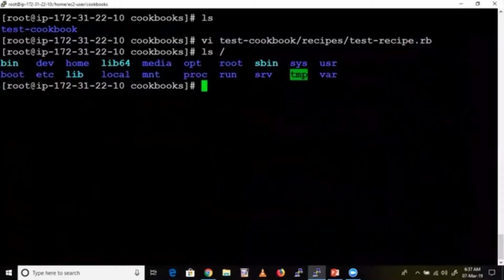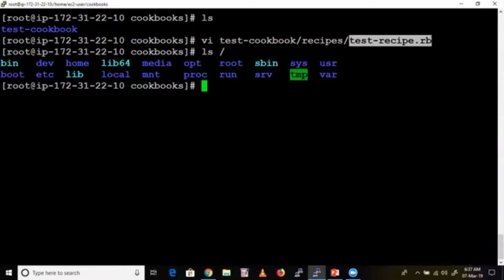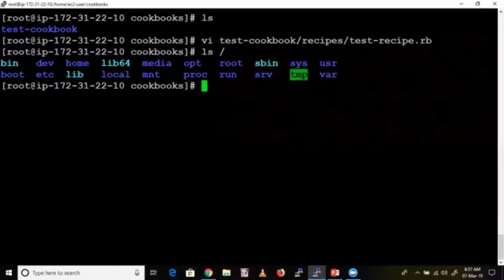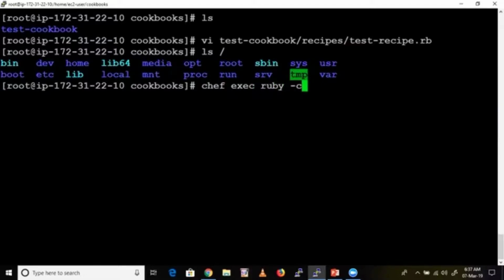Before that, if you want to verify whether the code you have written is correct or not, the Ruby code, any syntax errors. Syntax error means spaces, colons, slashes, whether everything is given perfectly or not. For that, the command is chef exec ruby -c and give that recipe name.